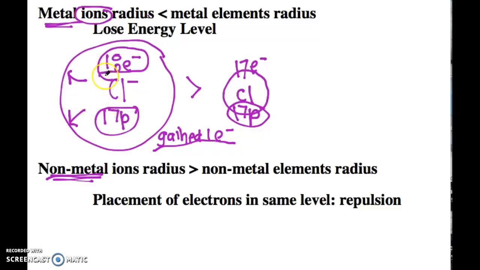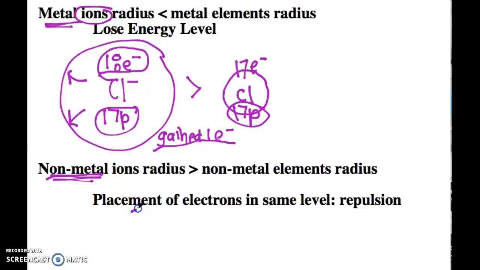And basically, again, the rationale for why this happens is that these 17 protons do not have a very tight hold on the 18 electrons because one was added on, and then the electrons move out a little bit more because there's less attraction. Another way that you guys could see it explained right here in the notes as well